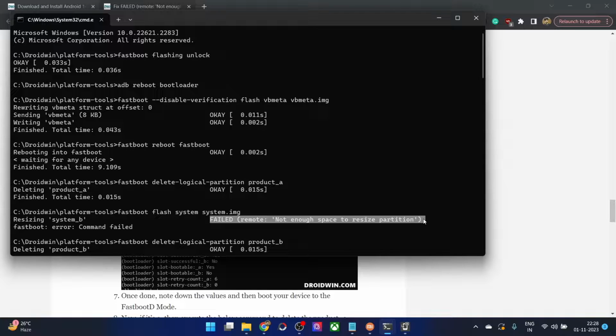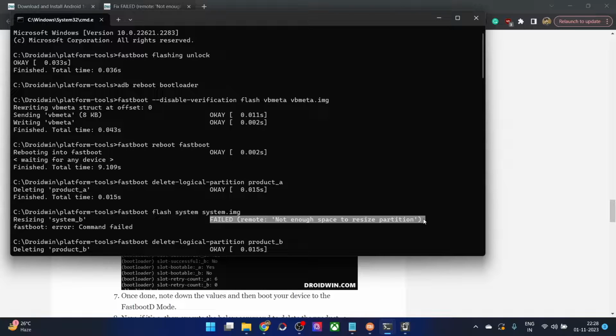On the other hand, custom ROMs are made just for your device only, so the developer keeps this point in mind to make sure that their ROM fits inside the system partition file size, and doesn't cross the limit. But GSIs are not made for your device specifically. Rather, they are generic images that could be flashed across all phones. They don't keep in mind a system partition file size for any specific phone. So that could be the reason why you are getting this error message.